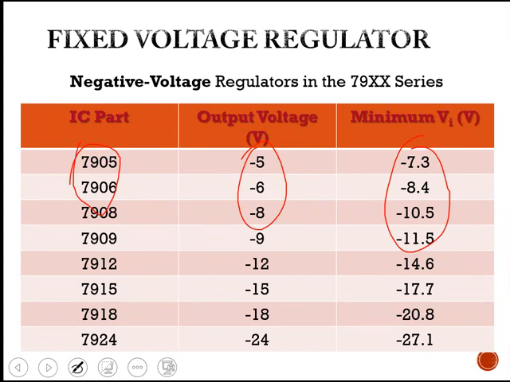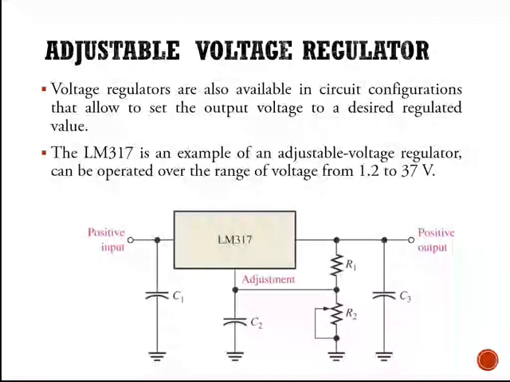Say suppose you want to have a variation. You want to design a circuit wherein the supply required is varying from say 1 volt to 3 volt, or 2 volt to 5 volt. Then you cannot use this fixed type of voltage regulator. Then you have to go for adjustable voltage regulators. This adjustable voltage regulator provides both positive output voltage as well as negative output voltage. An example of a positive adjustable voltage regulator IC is LM317.